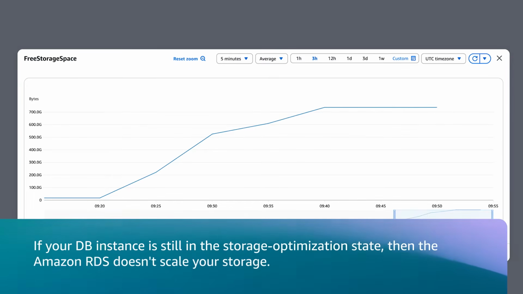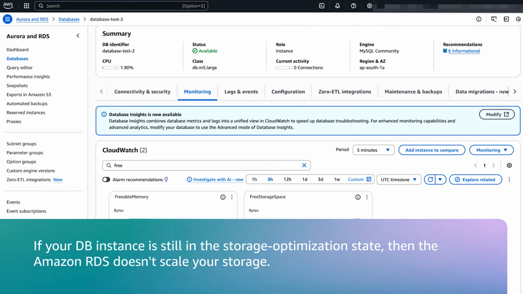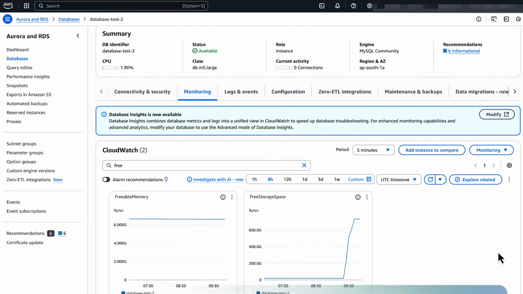If your DB instance is still in the storage optimization state, then Amazon RDS does not scale your storage. To resolve this, you can either create and promote a read replica, restore a DB snapshot, or manually control your storage. I'll start by showing you how to create and promote a read replica.